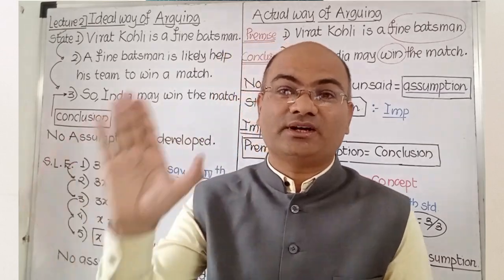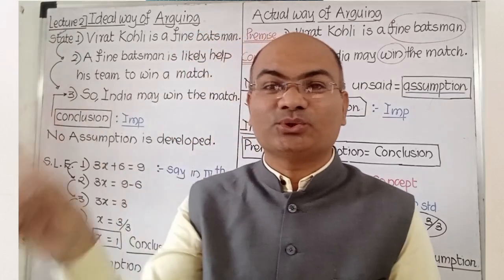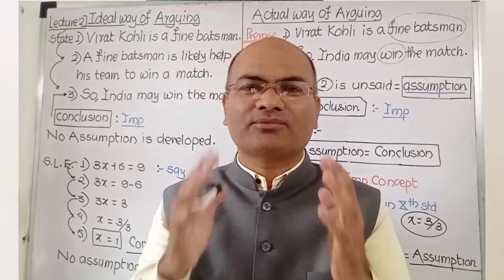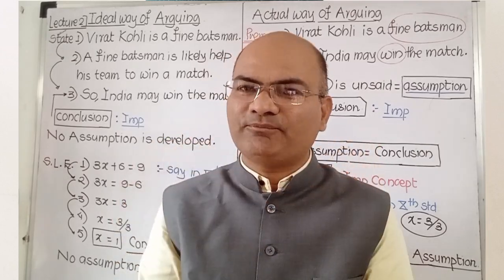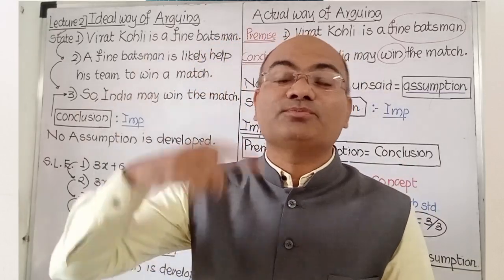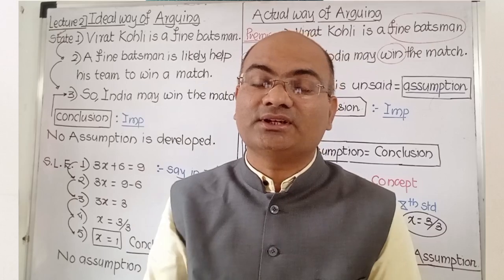The first way is called the ideal way of arguing, where the author puts things step by step, and accordingly no assumption is to be developed. In the actual way, the author leaves a number of things hidden from the readers, and he is assuming you will understand with his point of view, and so here assumptions develop, and with assumptions proper conclusions are also developed. So if you want to define a conclusion,